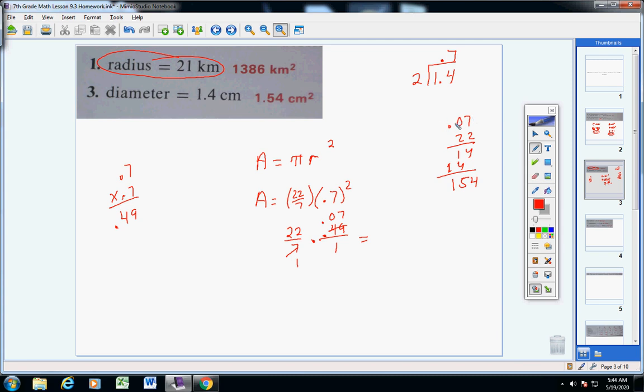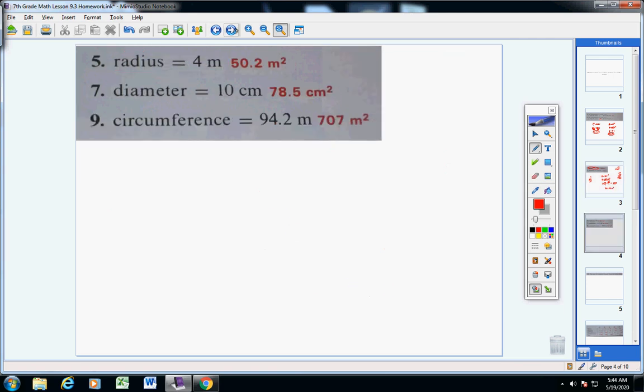2 decimal places here, so let's go over 2 decimal places and we get 1.54 over 1, which is 1.54 centimeters squared. Alright, okay, now 5, 7, and 9, they tell us to find the area of the circles, but